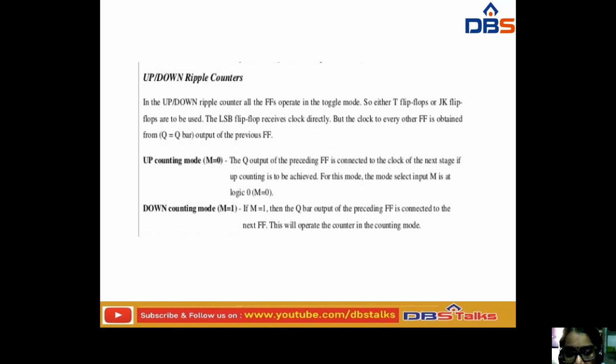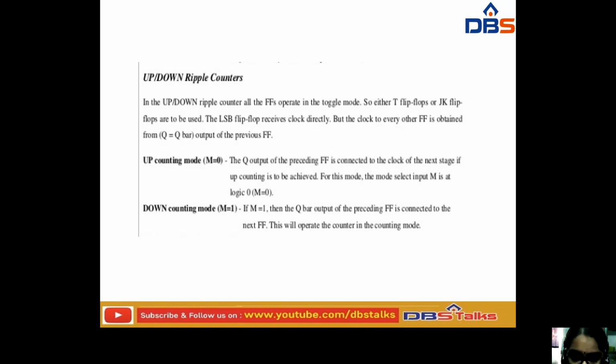that is up counting, and down counting is when the M value is equal to 1, then the Q bar output of the flip flop is connected to the next flip flop. So this will operate the counter in the counting mode. So here, in this up to down